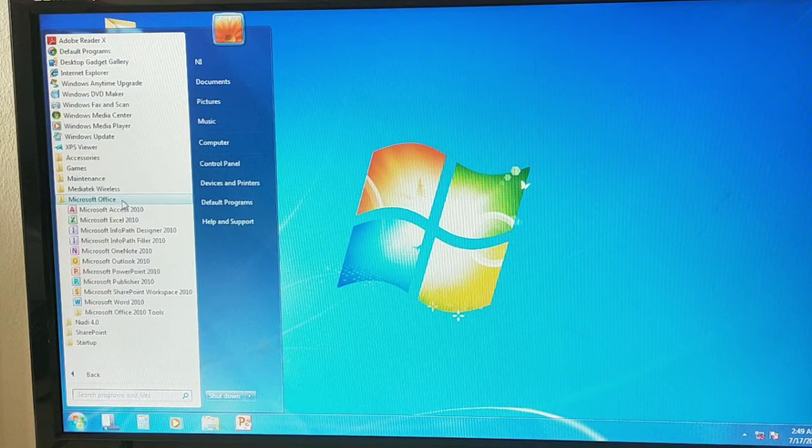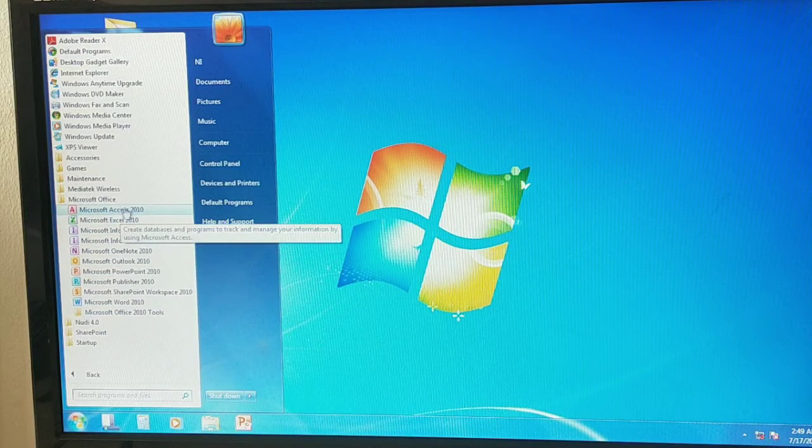Click here and you will get the different applications in Microsoft Office 2010. Here we have Microsoft Access 2010. Click on Microsoft Access 2010.